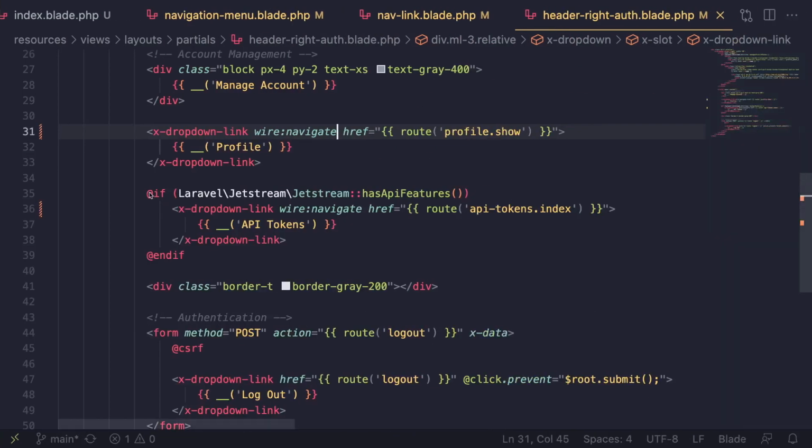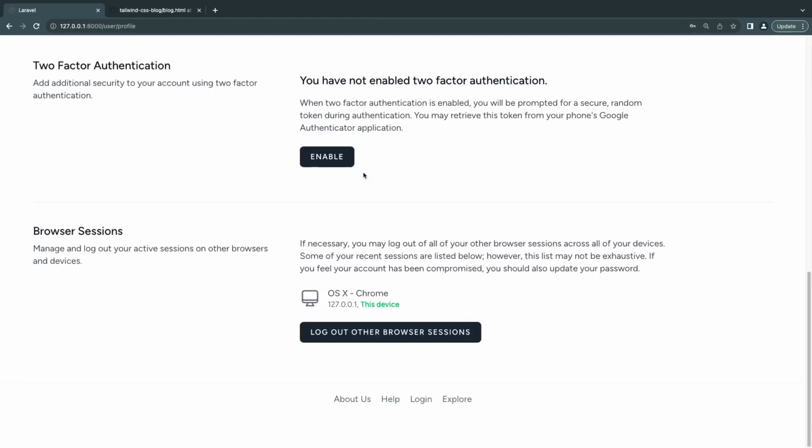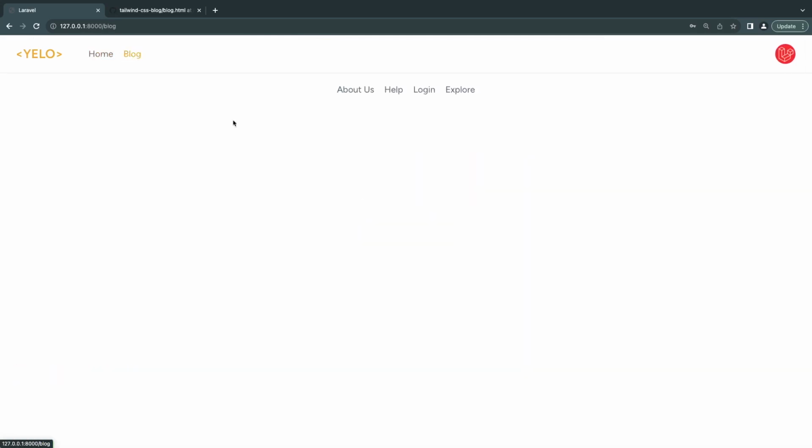So technically, if you never plan on using it, you can delete this code, but I'm going to keep it for now in case we want to add an API at some point. And if I go to the blog and homepage, we are not getting any page reloads. Very nice. So now that we have this, guys, let's go ahead and actually bring our blog page template over